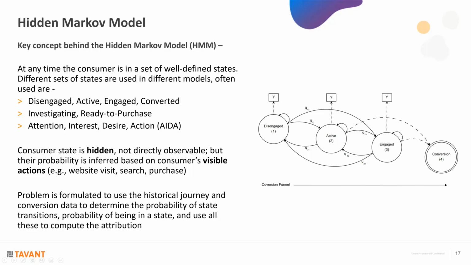So this, in brief, is the idea behind hidden Markov model. Just to mention that hidden Markov models have been extremely successful in machine learning space. They have been very, very effectively used for a number of use cases such as speech recognition, writing recognition. They've also been used in the area of object or face detection, and a lot of areas of natural language processing. All of those things have in common that you're trying to determine what is not directly observed, but you're trying to infer what could be happening behind the scenes.